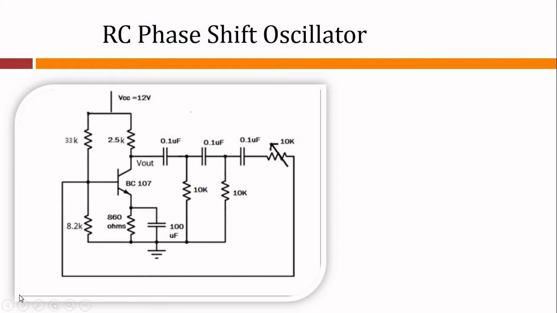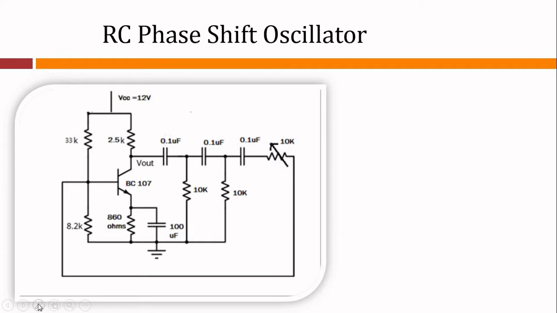Now here you see the circuit of RC phase shift oscillators. Oscillators can be classified in different ways depending upon the frequency generated, according to the fundamental mechanism, or on account of the waveforms being generated. Now here in this case we generate sinusoidal oscillations, that is a sinusoidal output, and again this can be classified depending upon the components being used.